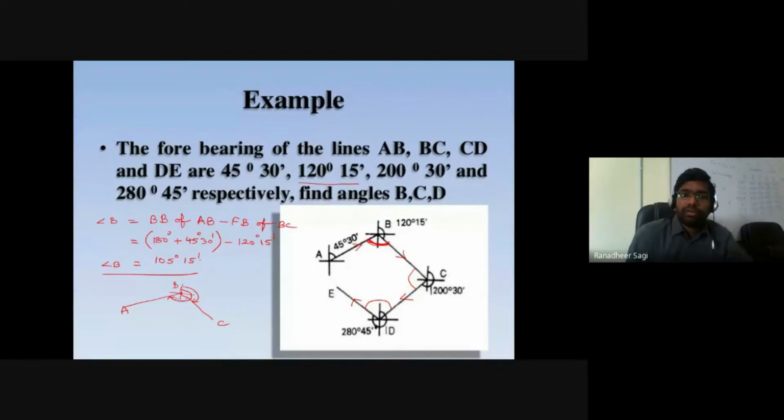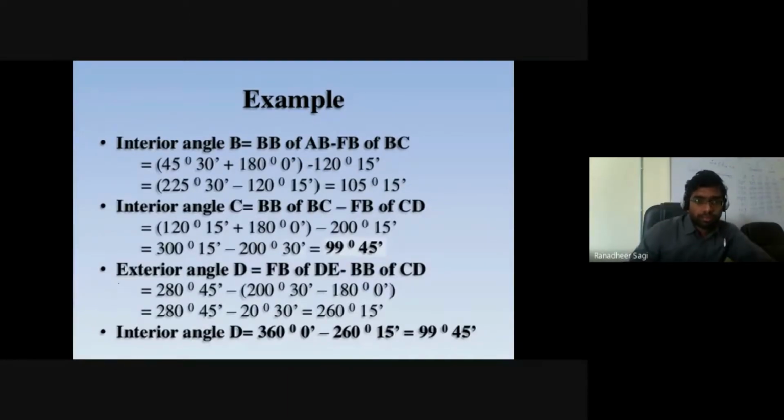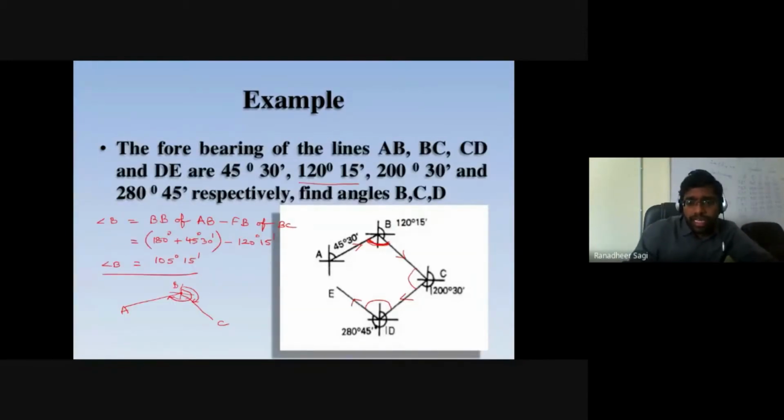Now likewise, I can go ahead in calculating the included angle at point C and the included angle at point D. So if I want to calculate the interior angle at point C, let's say this is my point C position, and I have two traversing or survey lines, the C to B line and the C to D line, where the C to D line is said to be the forward direction, and the other line, B to C, with respect to station C is called the direction opposite to that of your traverse.